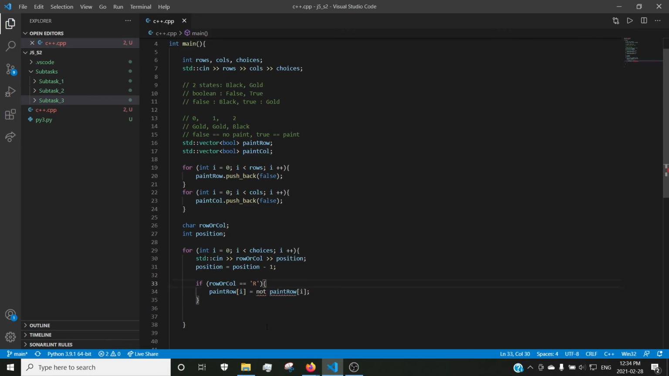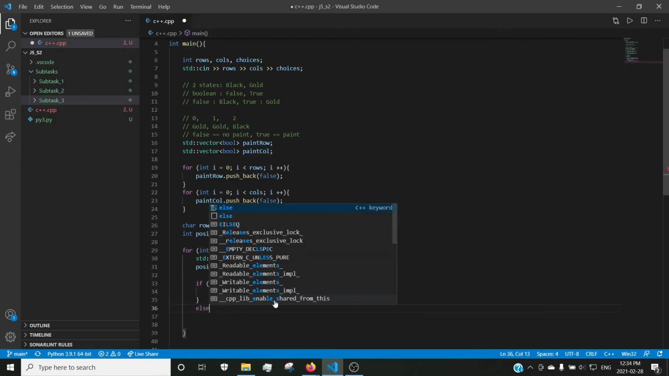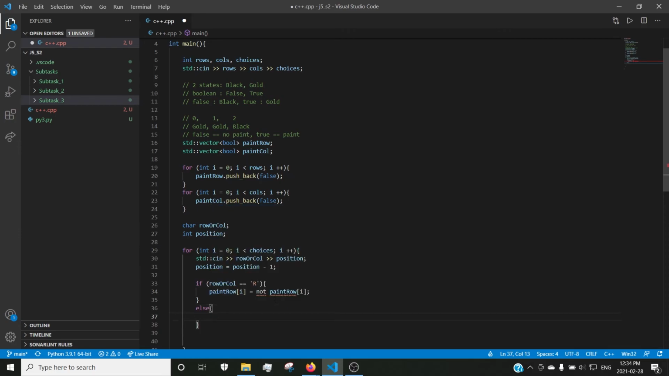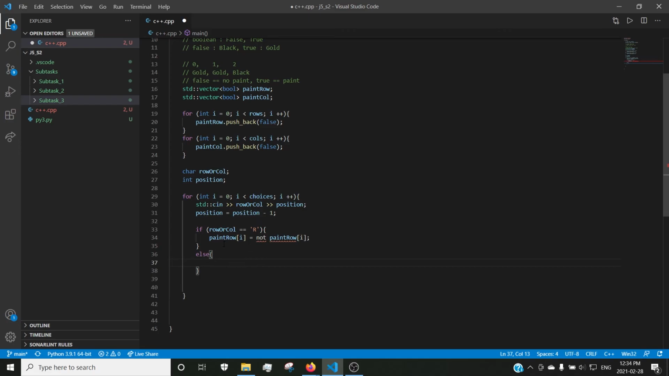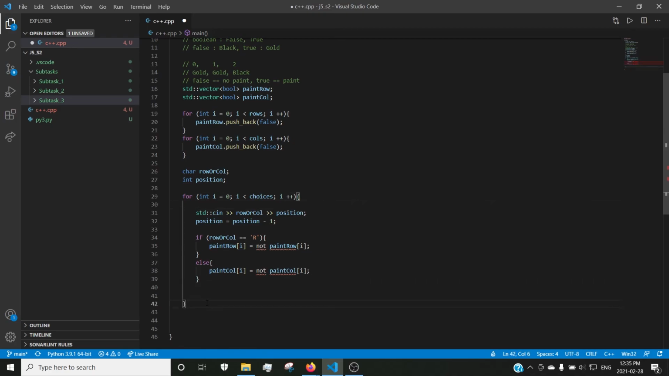So we're going to do a similar thing for when the row or column is C, or the artist is telling us to paint at a column. We're going to do paint col at position I equals not paint col at position I. So now that we've done that and we've finished simulating the input, we're going to move down and try to calculate